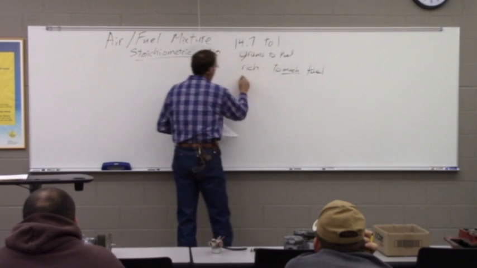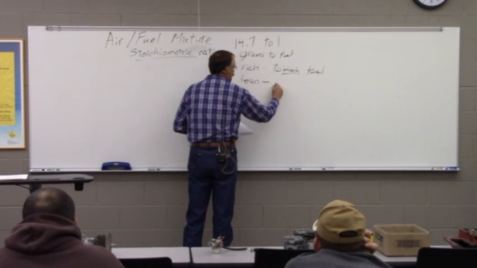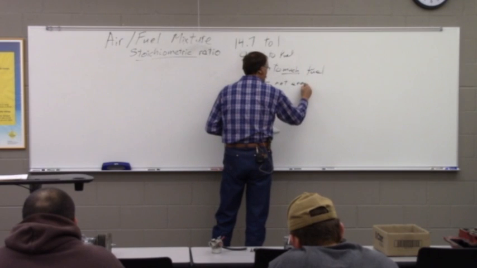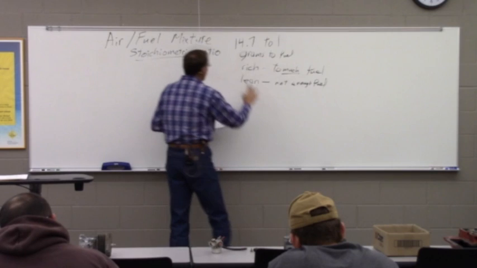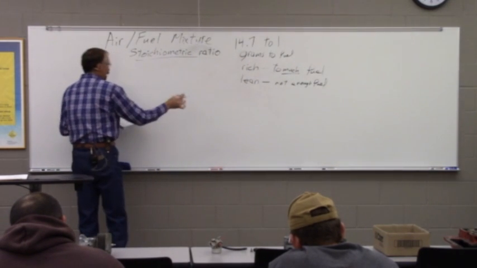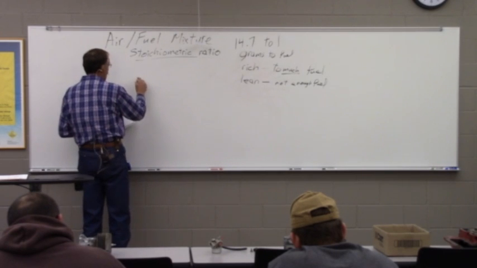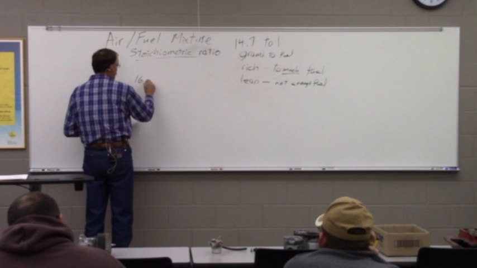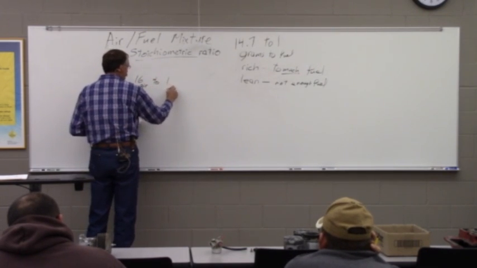And when we use the term lean, we're talking about not enough fuel. So in that ratio, if you wind up too lean, somewhere in the vicinity of, say, 16 air to 1 fuel,